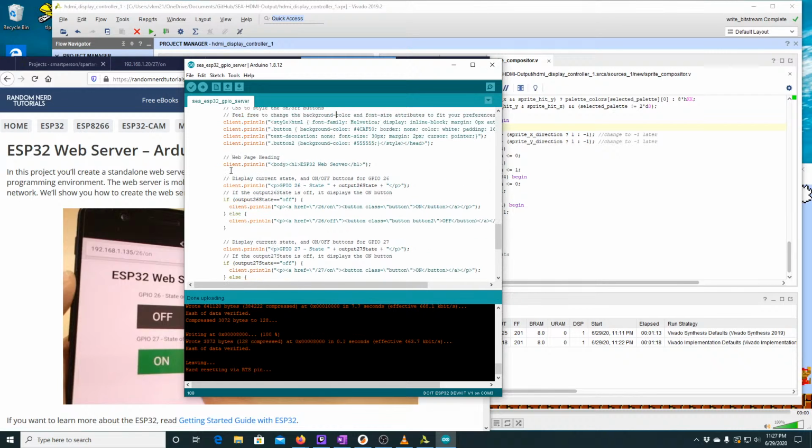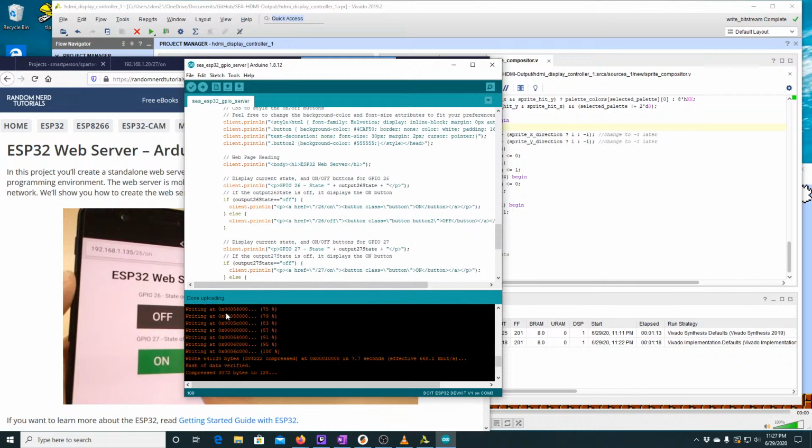There are some steps to follow. The big thing is you need to hold down the boot button on the Spartan Edge accelerator, and you have to keep holding it down until the upload begins. And once the upload has begun from the Arduino IDE, then you can let go of that button and it's able to upload. Ultimately, I'll want to use the Espressif IDF to write some programs that'll give us more performance,